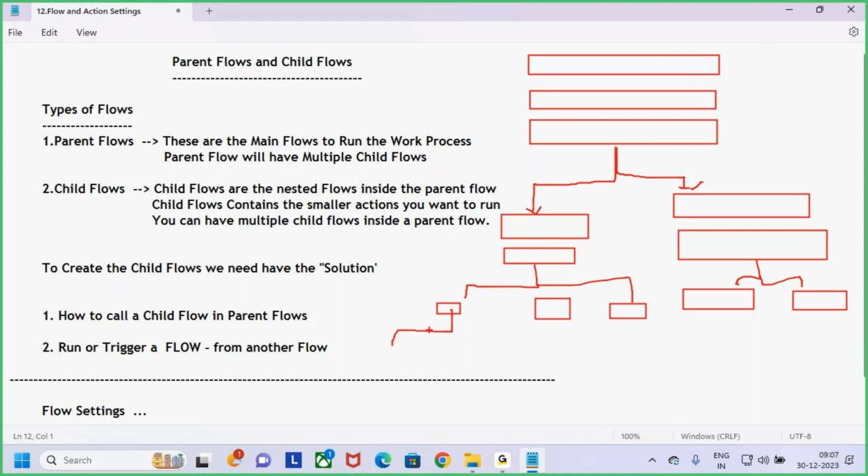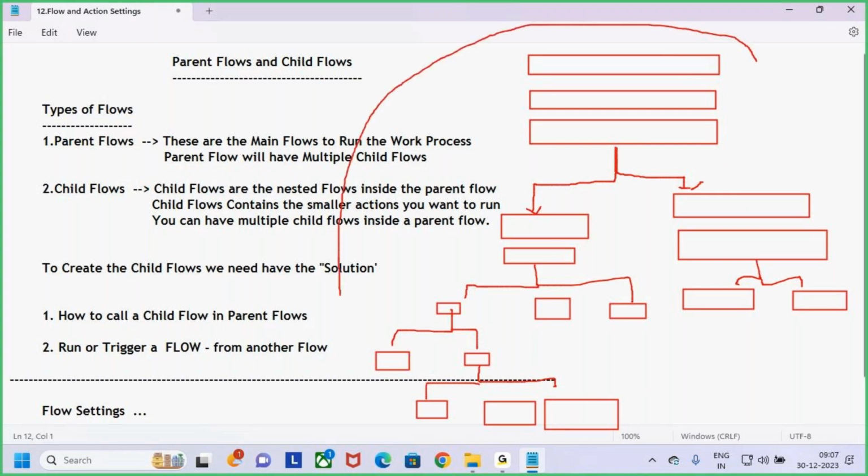Again this condition is satisfied, and I want to find two more conditions. Again here this condition is satisfied, then I want to define some other switch case like this. Whenever your flow is a long-running flow, whenever your flow is lengthy, if your flow has multiple steps or multiple actions, if your flow has n number of steps,